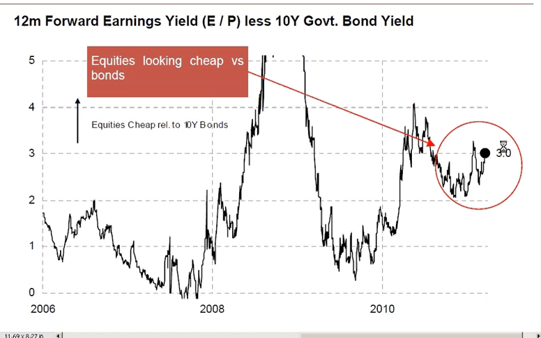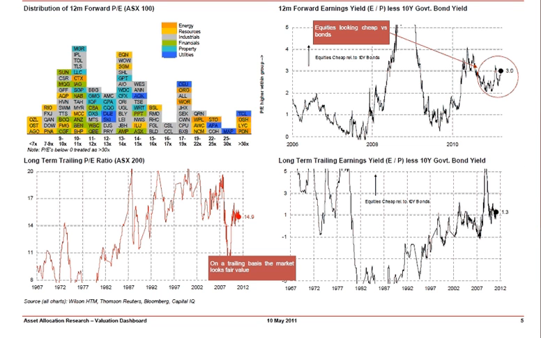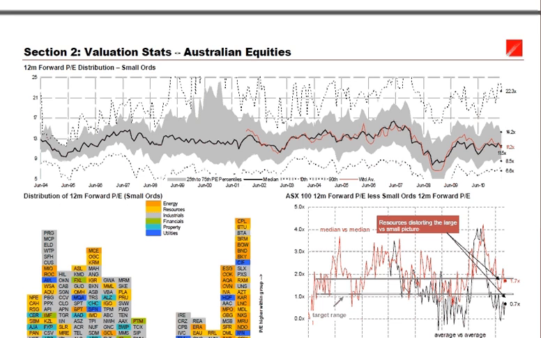So we are actually starting to head back up into this sort of cheap range. I'd say that 3% difference between the earnings yield and the bond yield is relatively cheap. The concern I've got is how real that 3% is, and whether, if we see another 5 or 10% in terms of earnings downgrades, that's going to bring that figure back down a fair bit. And while those downgrades are happening, it's unlikely we're going to see that much outperformance of the equity markets.